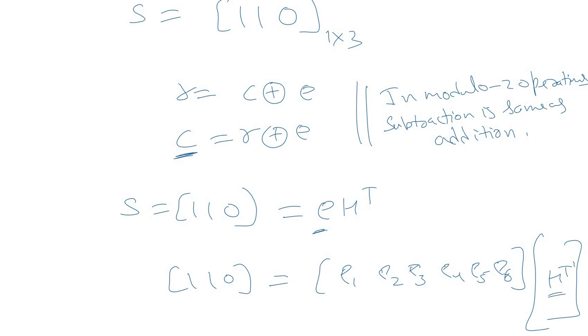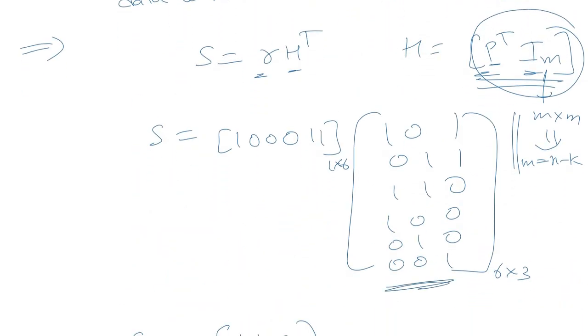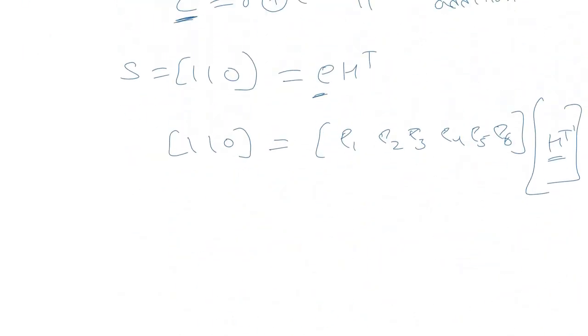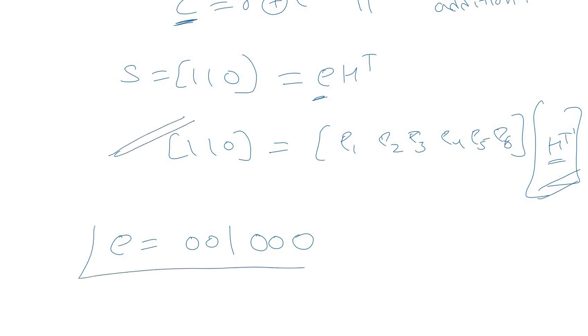We know the value of H transpose. It is this. We'll make use of this matrix here, and we can easily find out the value of E error vector here. E comes out to be 0 0 1 0 0 0. We'll see that this equation is satisfied by this error vector,